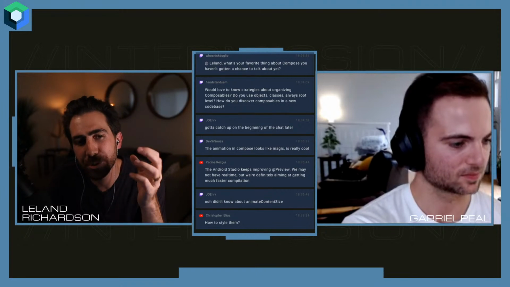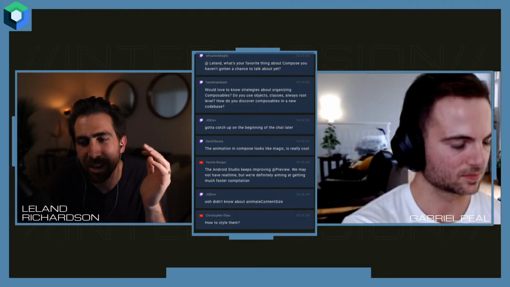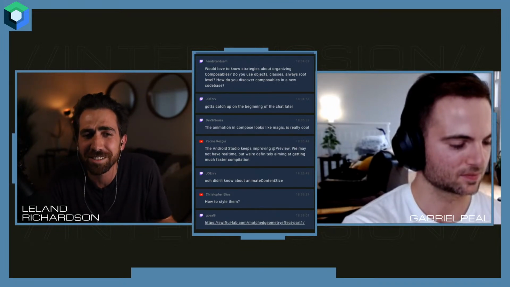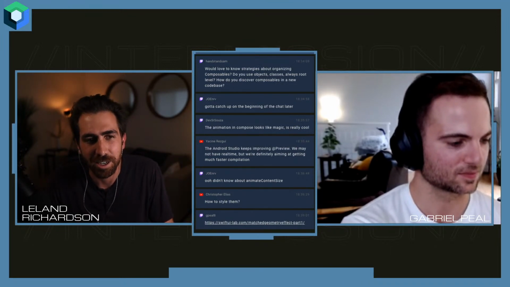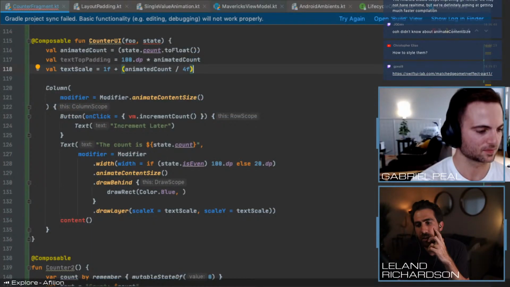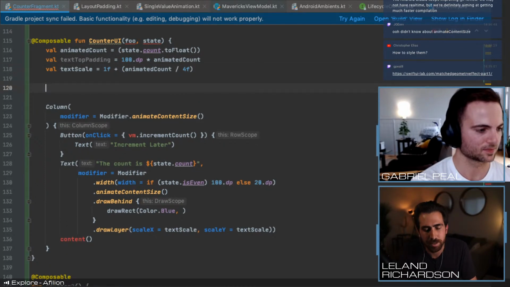Because shared element transitions kind of go counter to a lot of how a declarative UI system works in the first place. And so one of the things that I think enables this is